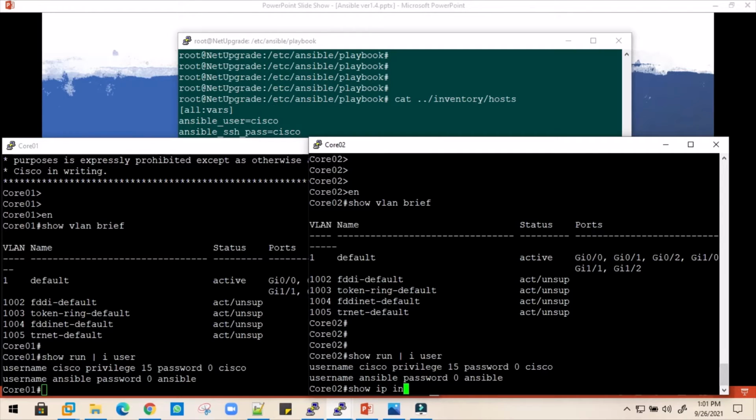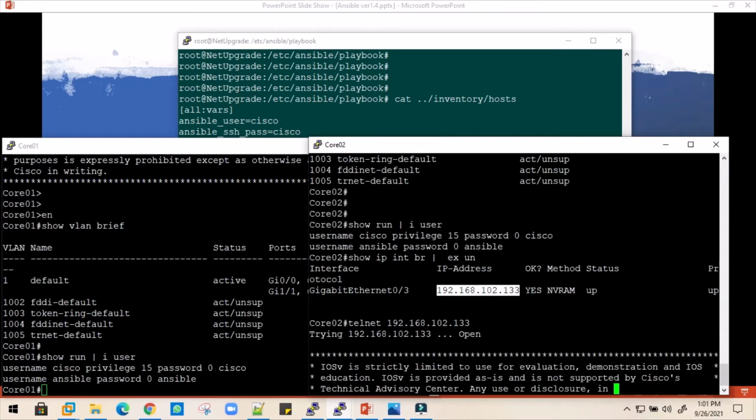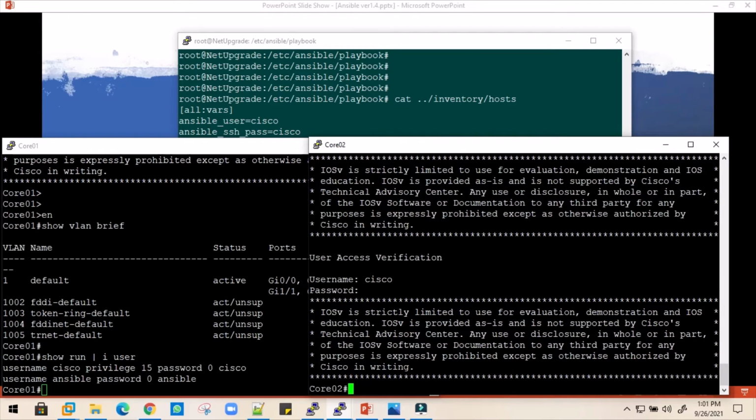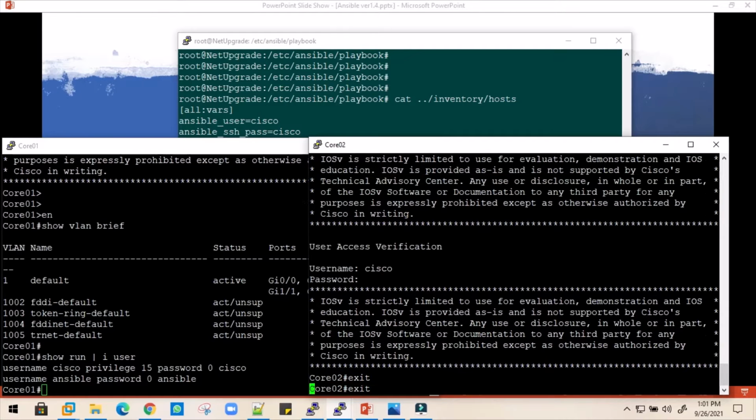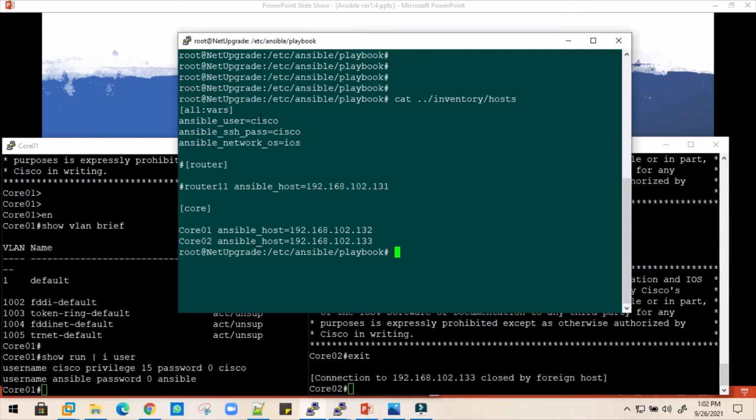Let's verify for at least one device. This IP address is this one. Let's try to telnet to this device itself. Now it is asking for the username. I'll provide the username and password, and I am in the privilege level hash prompt. So I don't need to enter the enable password when we use the username and password Cisco, which has privilege level 15 configured. So just ensure that you have the username and password with proper privilege.